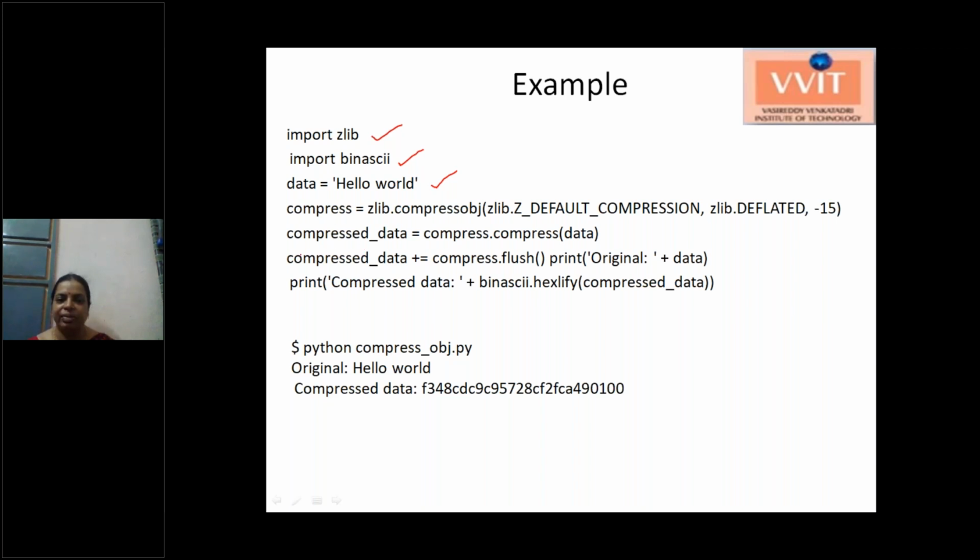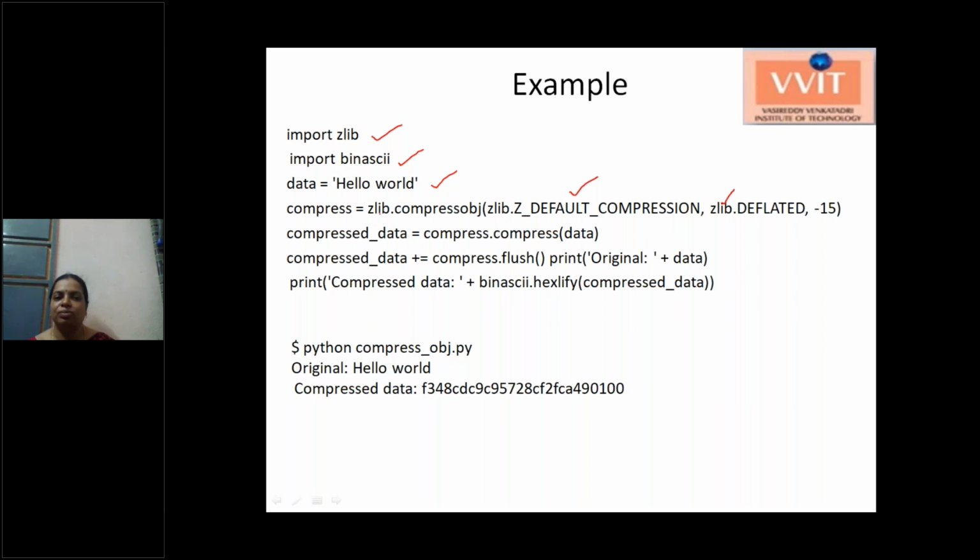We are calling the compressobj function with zlib.Z_DEFAULT_COMPRESSION, that is, we are using the default compression, and zlib.DEFLATED, the deflated method, which is the default method, and wbits is 15, that is window bits is 15.